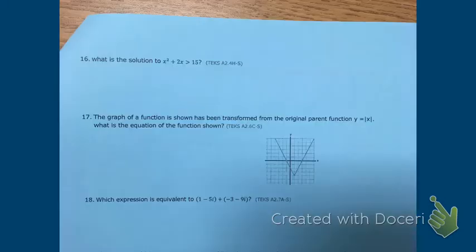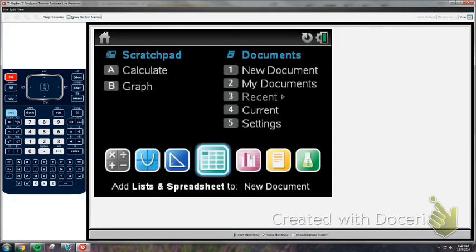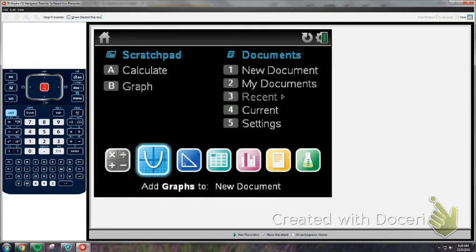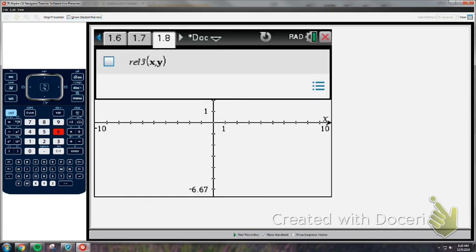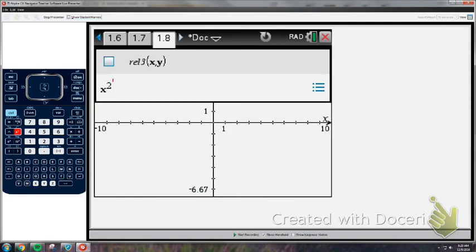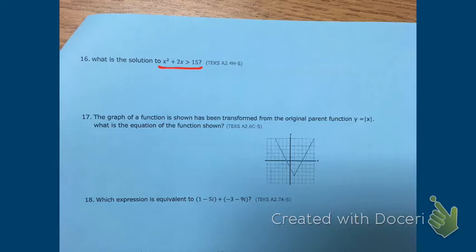Number 16, solution. You can graph these. You can solve them by hand. The easiest way to do these is if you graph them. So in my calculator, x squared plus 2x greater than 15. If I open up a new graph, I'm going to have to graph this as a relation. So if I delete that, do number 6, and then I can do x squared plus 2x